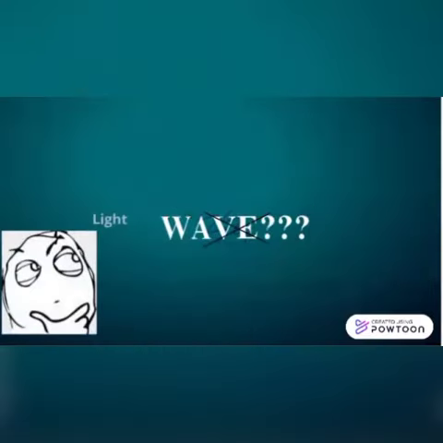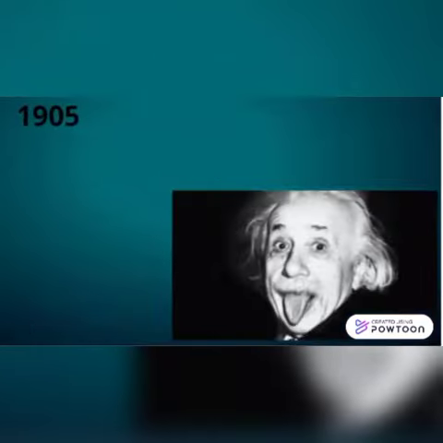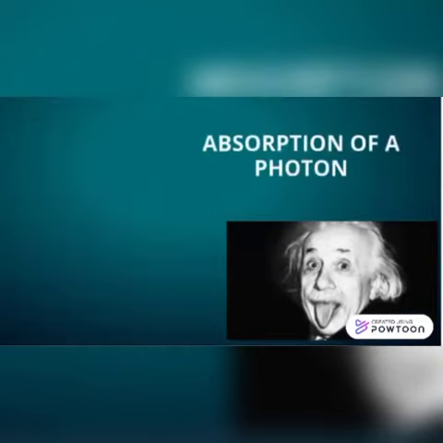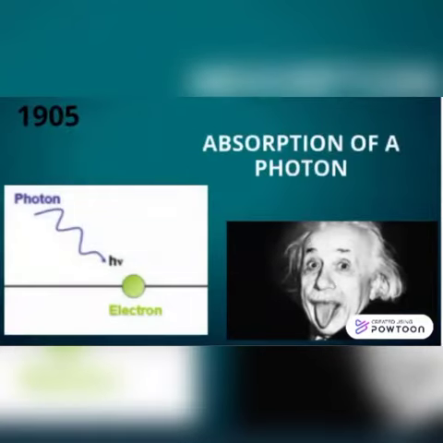So, if light in this case is not a wave, what can it be? This is where Albert Einstein stepped in in 1905 to clarify things using the concept of the light particle, now called the photon. Einstein's interpretation, the absorption of a photon, made it possible to perfectly explain all the characteristics of this